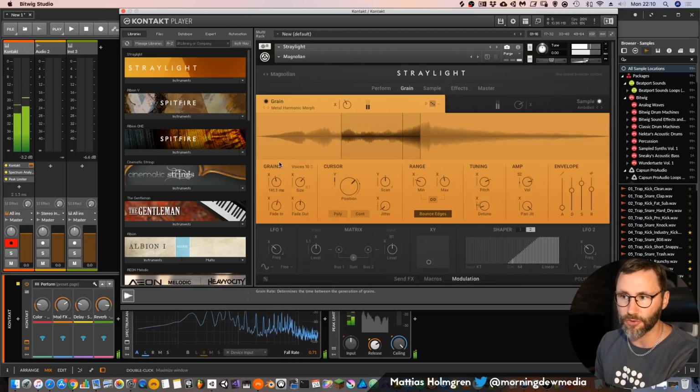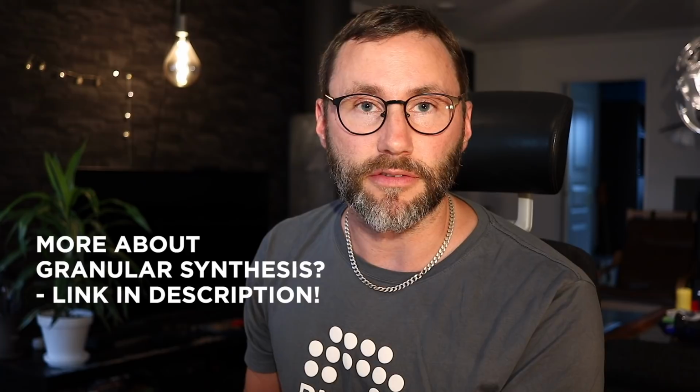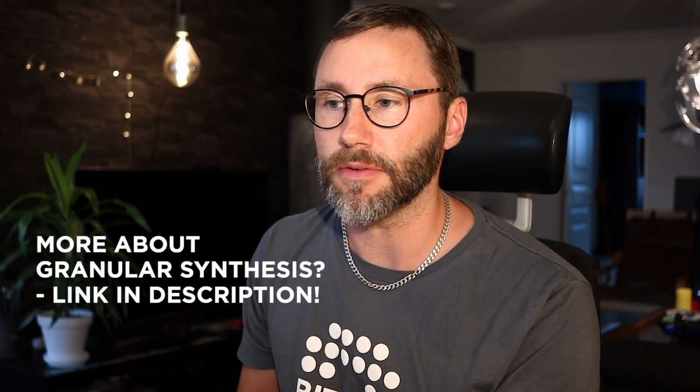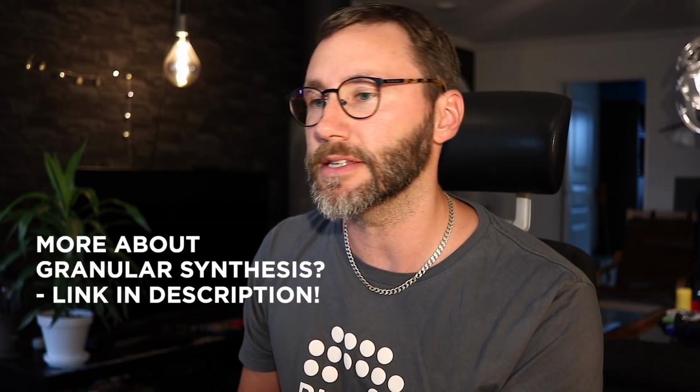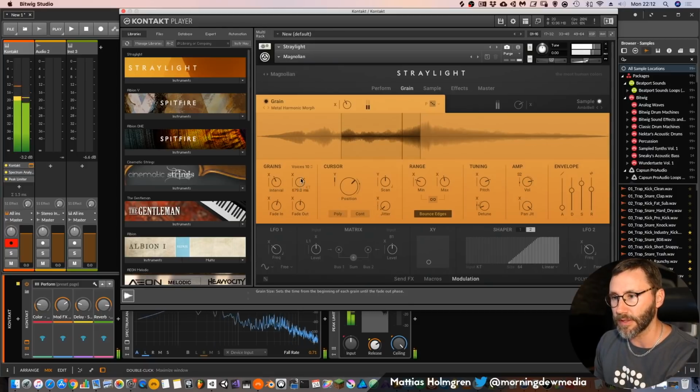So if we increase this, it will take longer time for each grain to play back. If you want to learn more about granular synthesis, you can always check out my previous video, my top 4 granular plugins, where I explain in more depth how granular synthesis actually works. So here we have the interval, and here we have the size, which is the length of these grains.